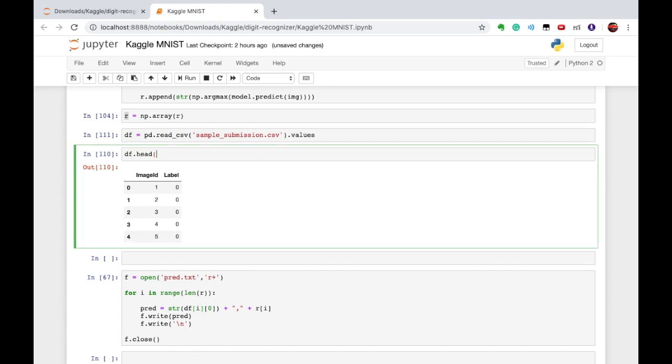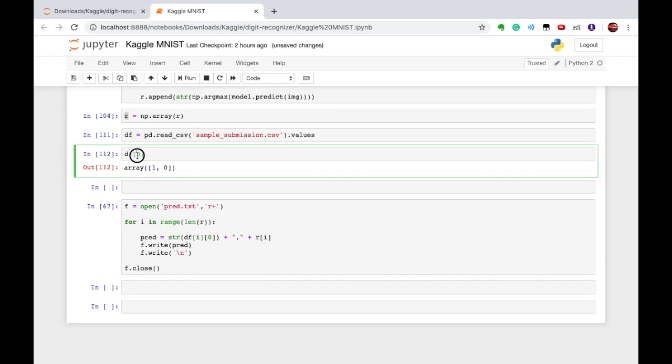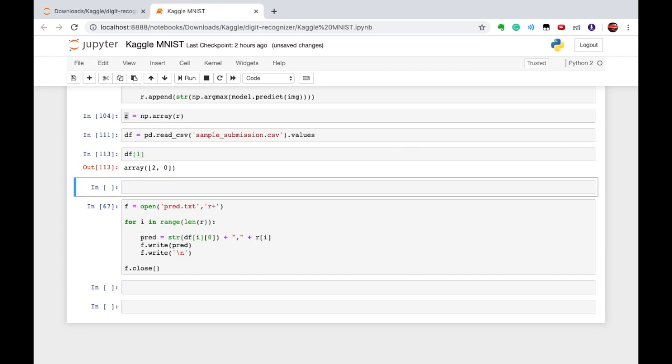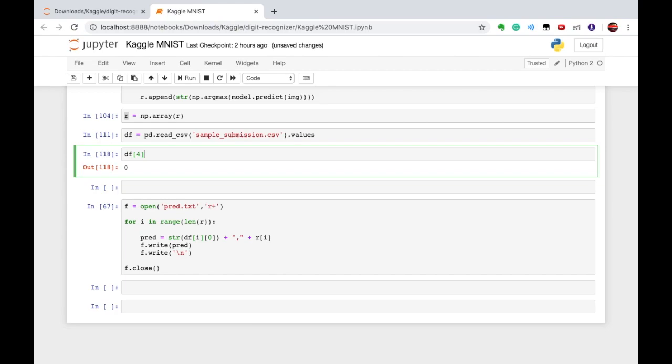If I'm printing df of 0, then I'll get the first line. Df of 1 means the second line, 2 means the third line, and 3 means the fourth line. And if I write 0, then I'll get the first index, 1 means the second index. So you can play with that.